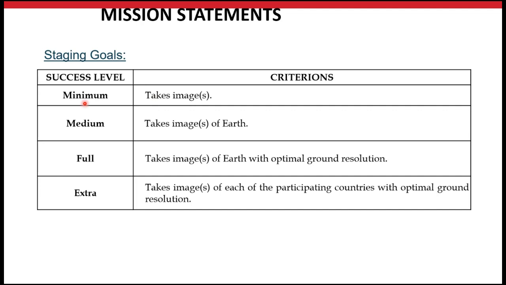For example, here the minimum success level is just taking images. And if you can take an image of the Earth, maybe you define it as the medium success level. So if you can take the image of the Earth with high ground resolution, for example, that is full. All right. And if, let's say, you can take the image of Malaysia, that is extra. Okay, so you define the success level.